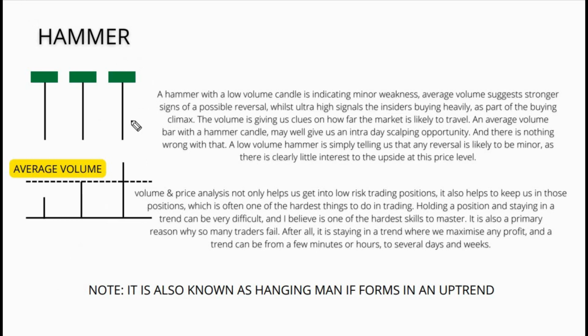Similarly, if a hammer candle is formed with very low volume compared to the average volume, we are not that concerned, because low volume means low activity. This is the activity of the retailers, not the institutions. But if it is formed with average volume, we are a bit concerned, because after a strong downtrend, if the volume is of average size and a hammer candle is formed showing the rejection of the lower prices, we could partially book our profits here and put our stop loss around the last swing highs to not